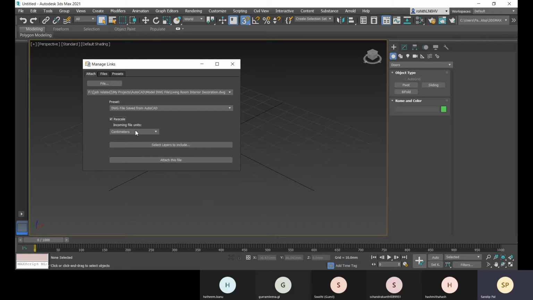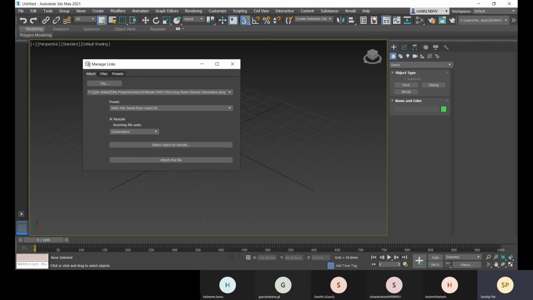So this is the unit for that file. It will come up, and later you can change it to inches if you want to scale in inches. And if your current unit for your 3ds Max is inches, here you will match it. So let's go with this centimeters. I have no problem with that. Or else you can choose millimeter.